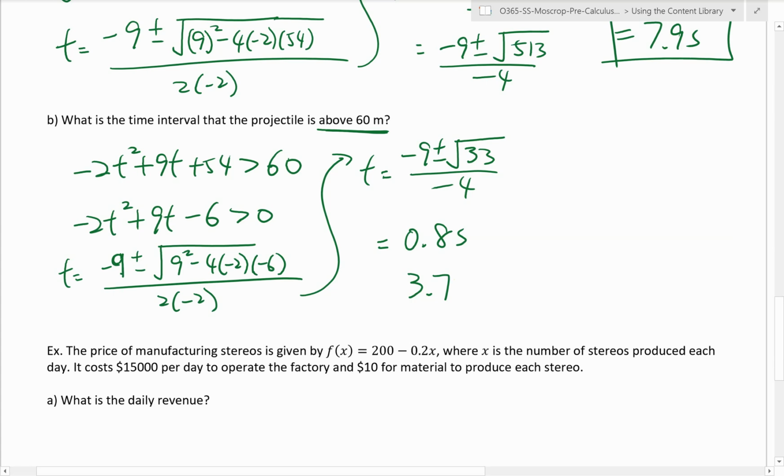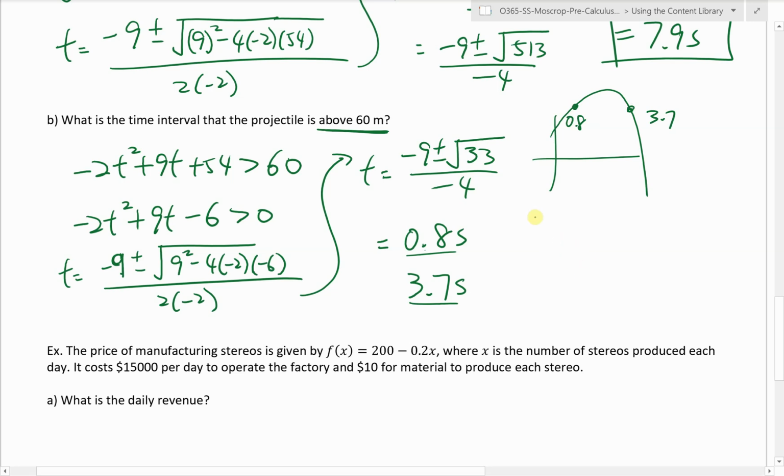Okay, so we're looking at what is the time interval? Well, at these two times, the height of the projectile would be at 60, right? We want it to be higher than 60. So if you think about the motion of a projectile, it looks like this, right? Like that. So the first time it reaches 60 is at 0.8 seconds. When it comes down, it's at 3.7 seconds. Therefore, when is it going to be above 60 meters? It's going to be between